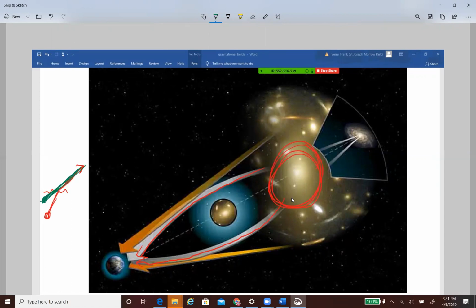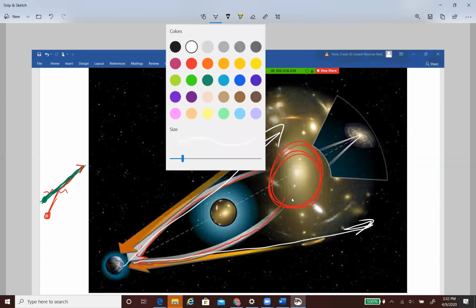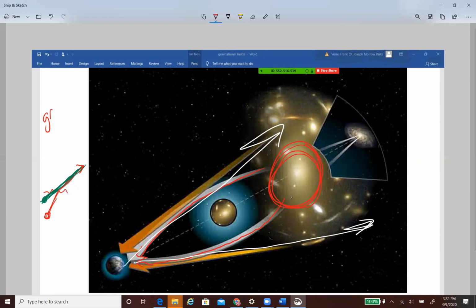So when this light is coming from behind the black hole and it's being bent by the black hole because it's creating an indent in the gravitational field, you see things in straight lines. So you would see things over here and you would see things over here, and it gives you multiple images of this thing behind the black hole. This was actually proof that Einstein was right. This concept that you're seeing here is called gravitational